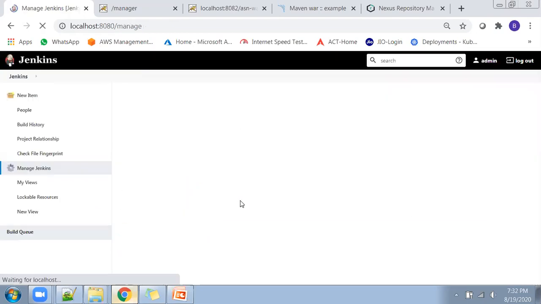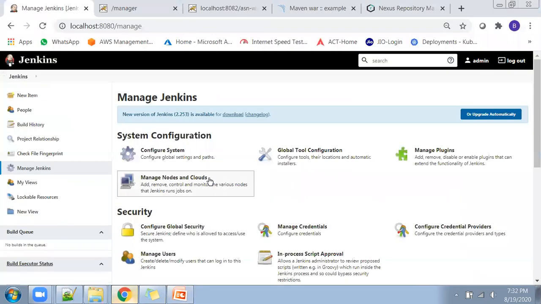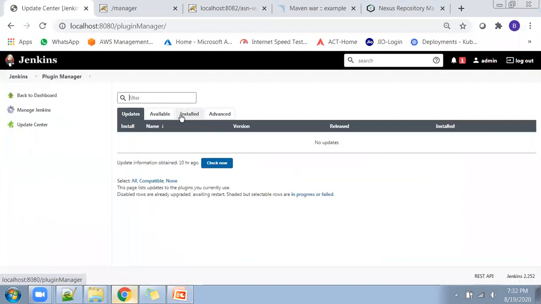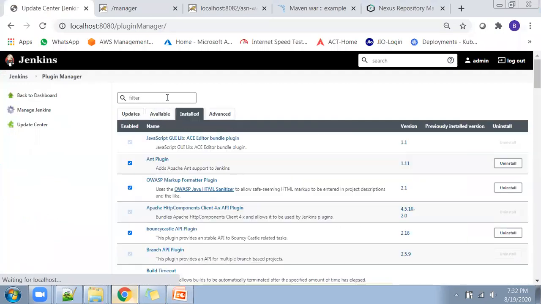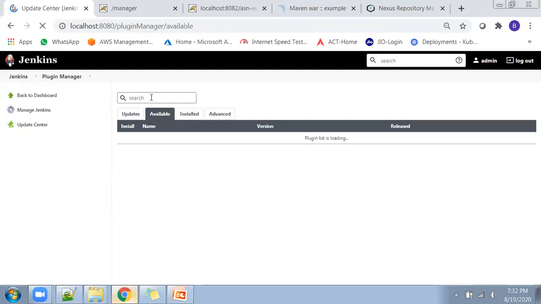This is how the first option can be configured, and the second option is to install the Maven integration plugin. To install the plugin, you need to go to Manage Plugins and first check if the plugin is already installed. In my case, the Maven integration plugin is already installed. In your case, you can click on the Available section, type Maven, and wait for a couple of seconds so that it can load.